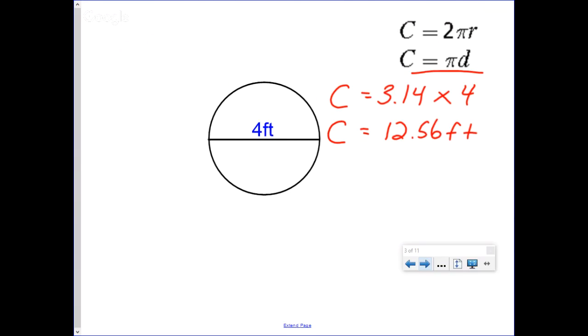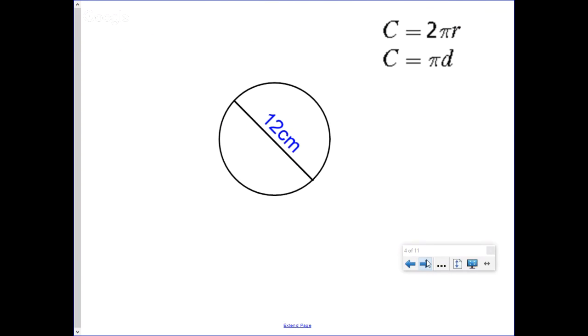The distance is always going to be a little more than 3 times the diameter. So that is the answer. Your final answer is 12.56 feet. That is the distance around the circle. Let's try another one using a circle with a diameter. Okay. With this circle, we have a diameter of